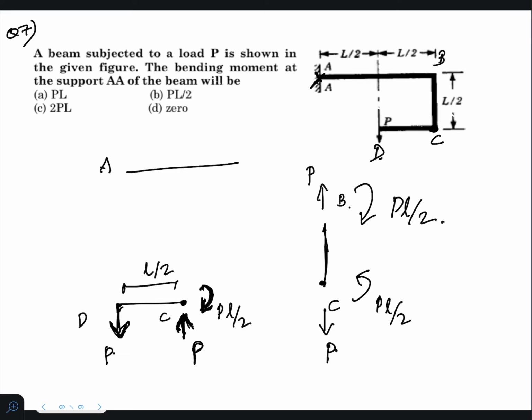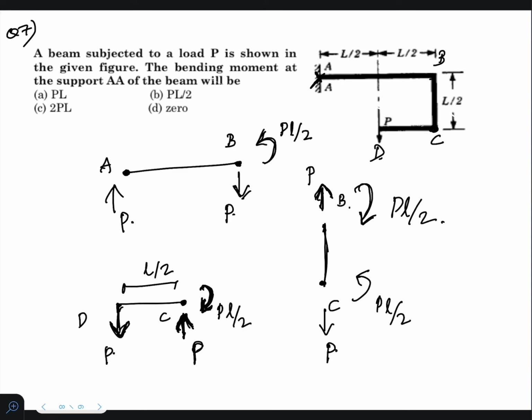Now AB free body diagram. AB, here the load is P, so the net force here should be 0. So here, because it is going upward, we will have P going downward, and here it is clockwise at B in this section, means we should have an anti-clockwise PL by 2 here. Now we have to find at A point what is the reaction and moment. See, because of this P, there is no load in this AB section, so there will be P going upward,